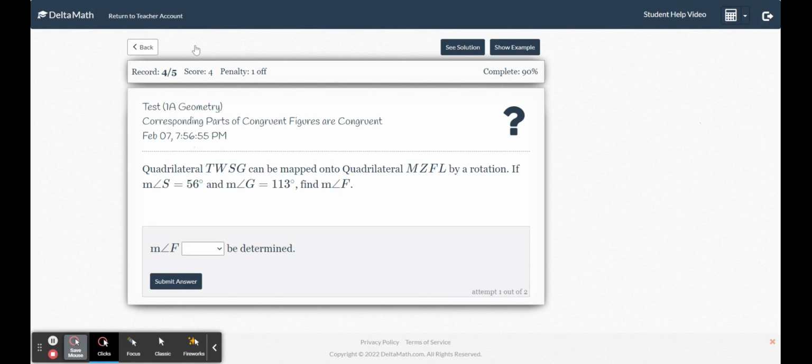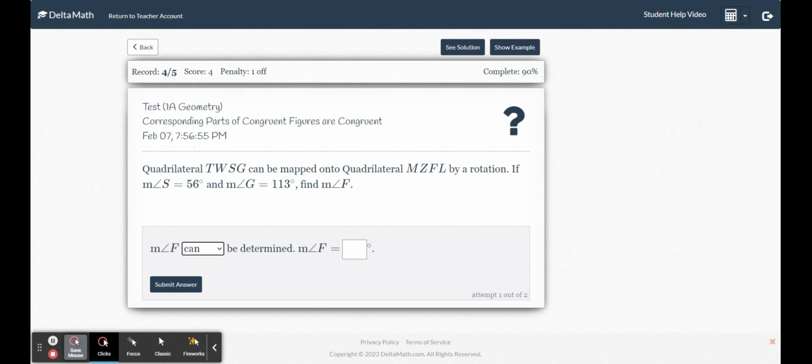We're going to do one more for good luck since there's only two parts to this, right? So this one, we're going to talk about it the same way. So we have a quadrilateral, TWSG, that can be mapped to this quadrilateral by rotation. If the measure of angle S is 56 degrees and the measure of G is 113, find the measure of F. Well, what corresponds with the measure of F? Whatever corresponds with the measure of S, F is going to give me that angle measurement. So since S maps onto that, S is number 3, F is number 3, so F will be 56 degrees,